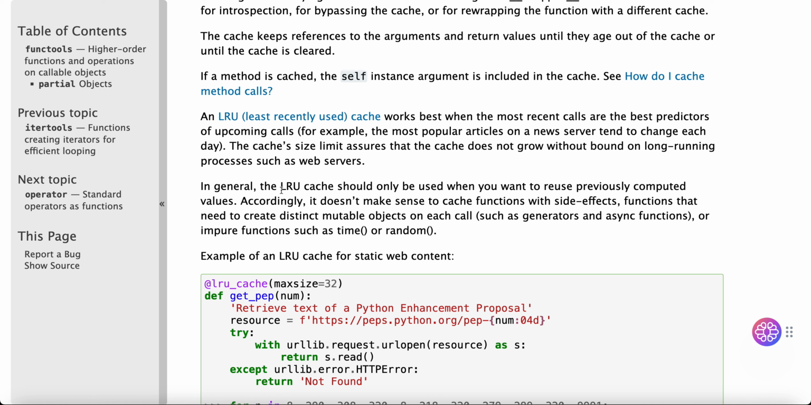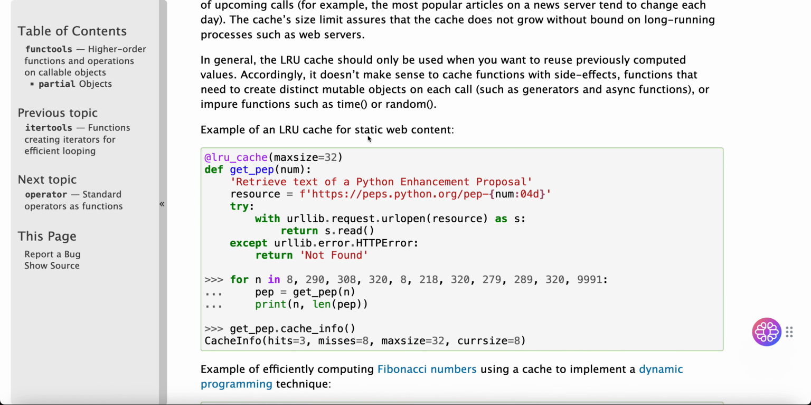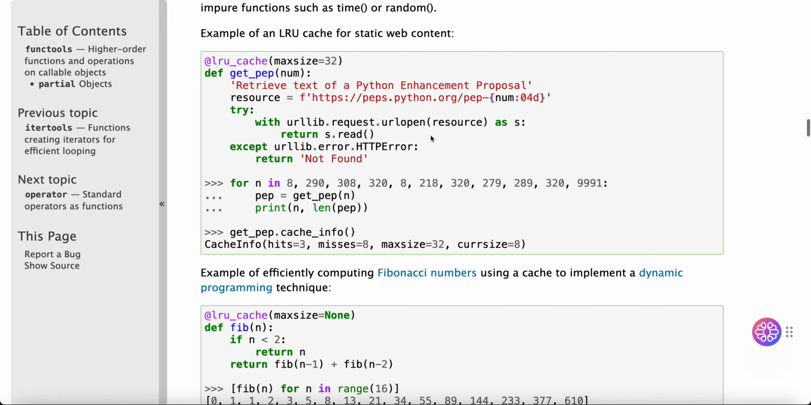In general, the LRU cache should only be used when you want to reuse previously computed values. Accordingly, it doesn't make sense to cache functions with side effects, functions that need to create distinct mutable objects on each call, such as generators and async functions, or impure functions such as time() and random(). Example of an LRU cache for static web content: